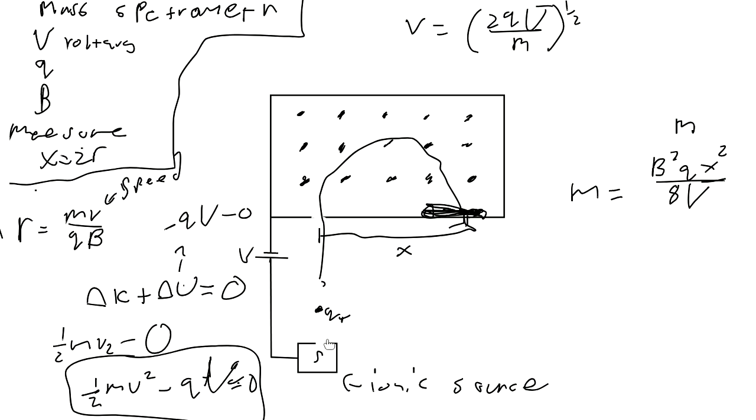And then we get up to here. And then if we're here, we're at a potential. So we start here at a half, get down to 0, and then we do negative. So if we're here at 0, we should be at negative V here. And then all that negative V kinetic energy here, we should have 0 potential energy, right, going this way. And then if we have 0 potential energy,